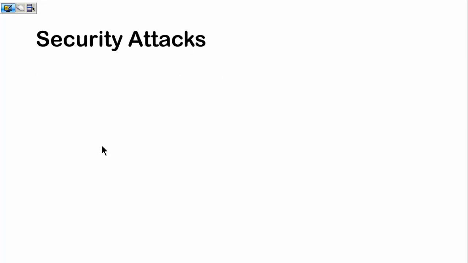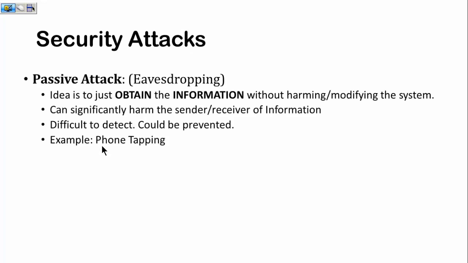But before proceeding to the attacks, let's try to identify what the kinds of attacks are. They have been broadly classified into two kinds, that is passive attacks and active attacks. Passive attacks are mostly eavesdropping. Eavesdropping is like listening by putting your ear to the wall. So it is more concerned with getting the confidential information. It is not at all about changing or modifying the information. It only intercepts the message. You are not modifying, you are not replaying, you are not inserting or deleting or duplicating, or doing anything. You are simply listening to the message.